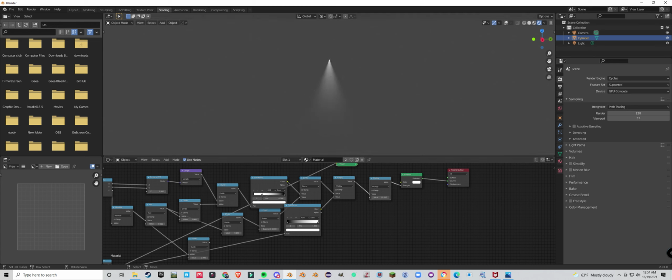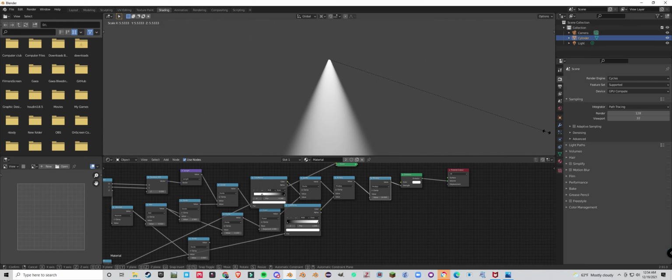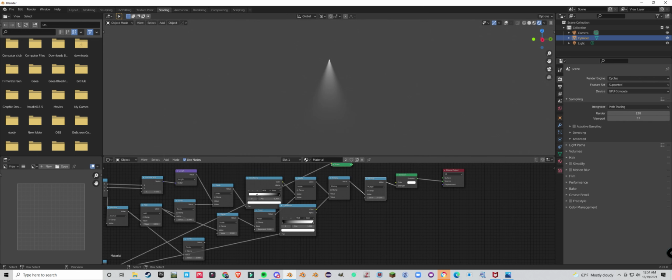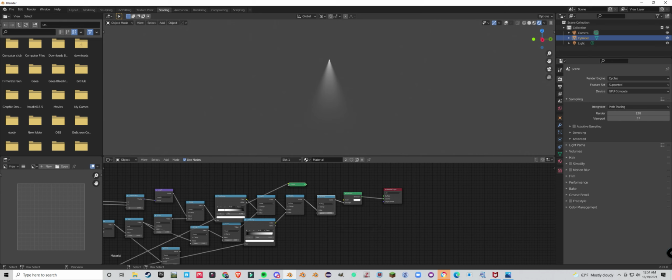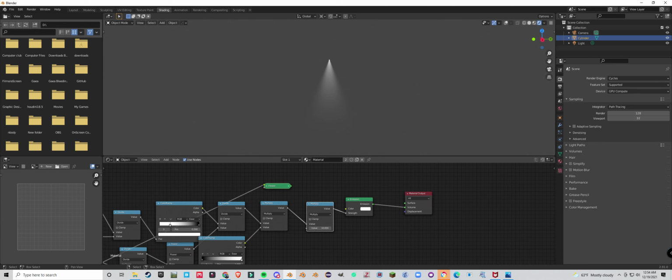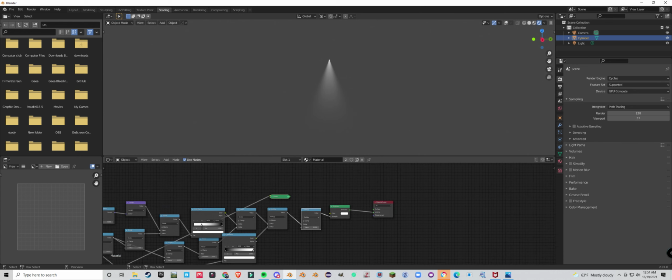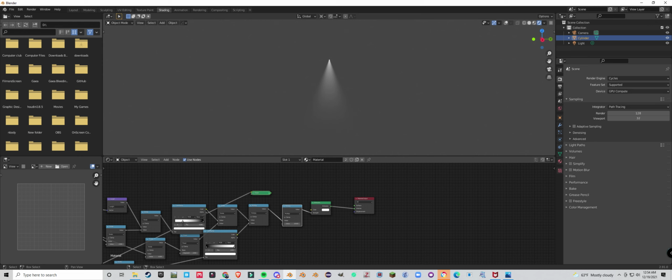Also good to note, literally scaling this up will increase the intensity due to the property of how this works. How emission works, I mean. So I would maybe do that instead of using this. Although do use this if you need to, if you have some super small object, if you're not using real world scales or something. Alrighty. Next thing we need to do is add a little bit of variation in the